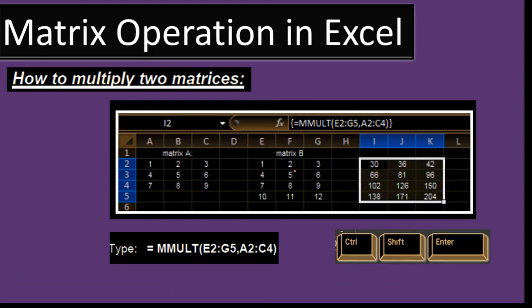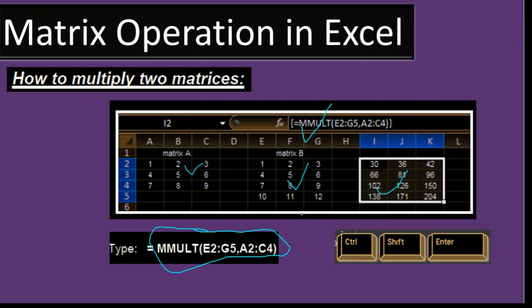Similarly, you can multiply matrices. There is a special formula in Excel where you can multiply two matrices. For example, this is matrix A and matrix B. If you need to multiply these two matrices, you get the result using this formula, MMULT. What is important here for matrices is that we have to know the rules of multiplication and all the rules of matrices.